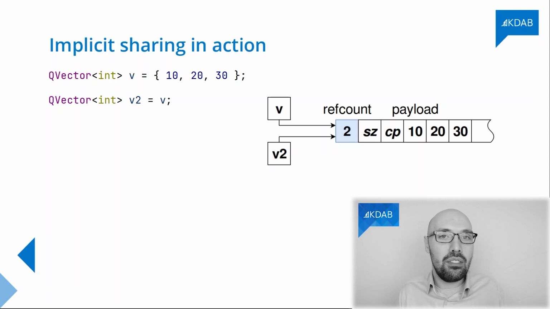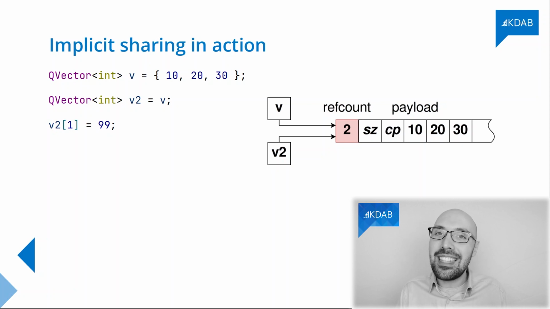As you can see, it's very, very cheap. It's surely cheaper than allocating memory and doing a deep copy. And so that's pretty much why we do it all over the place in Qt, because it's very cheap to do. And now let me try to mutate v2 somehow. So let me try applying a non-const function to this to show the detaching in action. So what I want to do here is to assign a new value at position 1, so the second position, into v2. In order to do that, I'm just using the subscript operator, the square bracket operator.